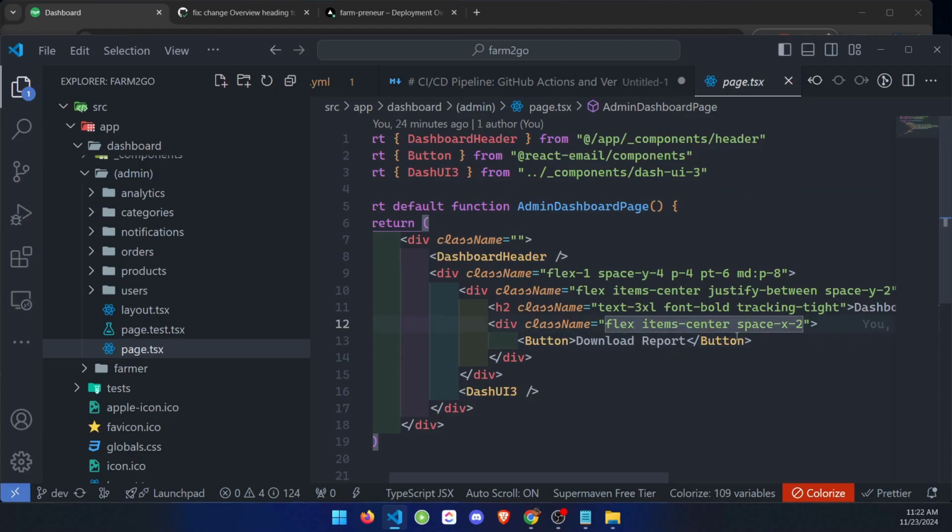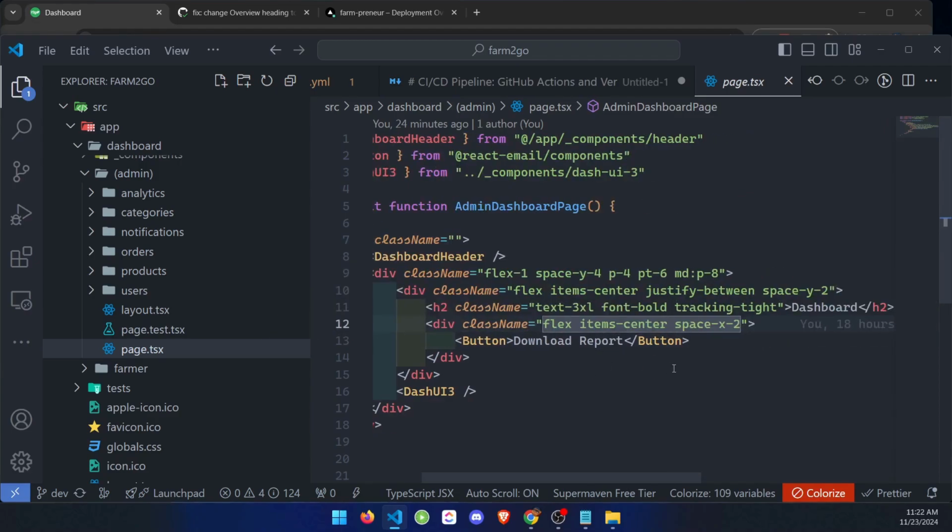Dashboard, let's remove this class name.